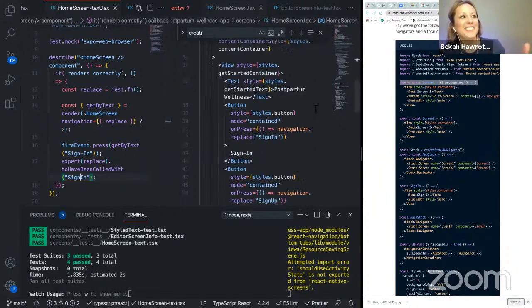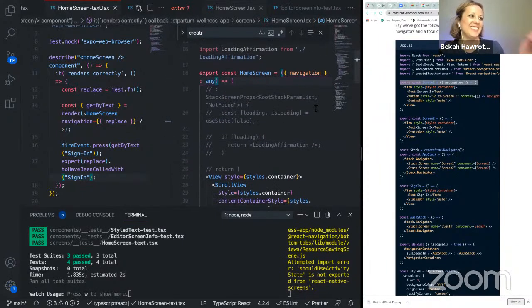But okay, also now we have to go back and figure out what is happening here. So here's the issue, okay? Whatever we have here, the stack screen props in the root stack param list. So it's looking for this. This was the type, I guess, that we were trying to pass here. And so it wasn't working because we weren't passing the right thing here. So I do think that it ended up being a TypeScript issue that we had here with this stack screen